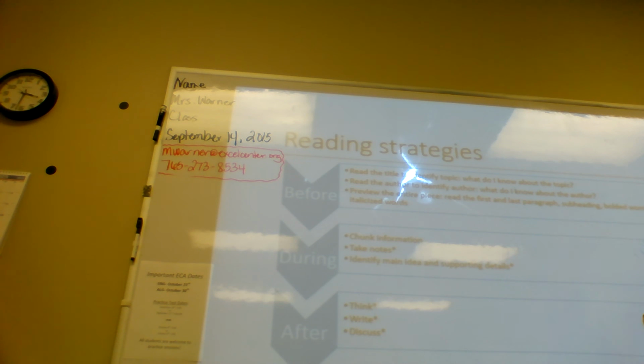So the last part of this: think, write, and discuss. What do you think about? What you read and what you learn. Remember, it's not just what you read, it's what you learned from that passage. So if you already knew what inhospitable meant, don't think to yourself, I've got to remember what inhospitable means. It's a waste of your time. So think about the things that you learned. When you write a summary, what are you going to include in that summary?